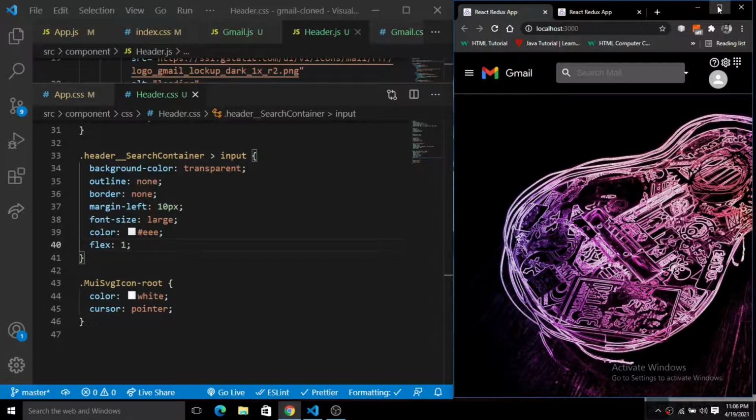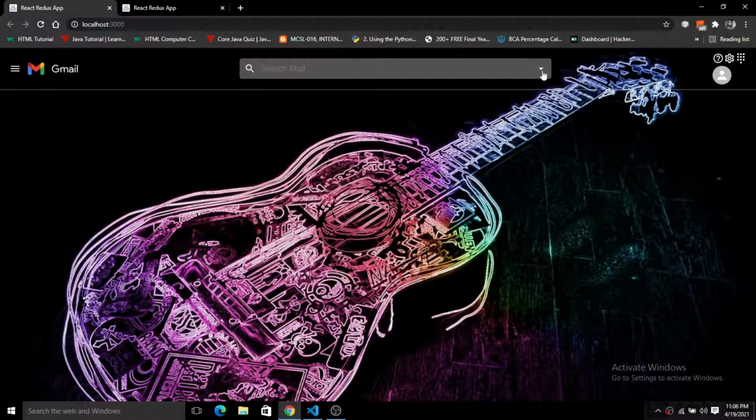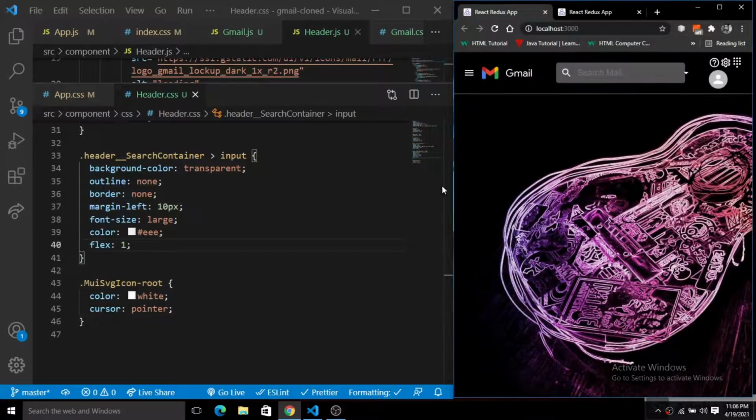On giving it, you can see it is pushed to the very right part of this container, because it takes the maximum amount of space it requires and leaves the rest for the others. We are done with this.